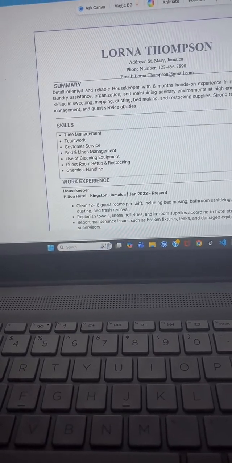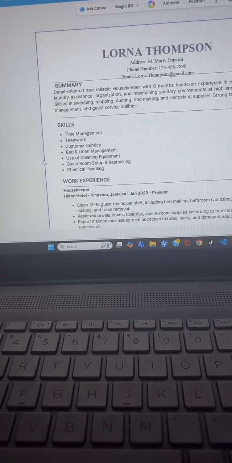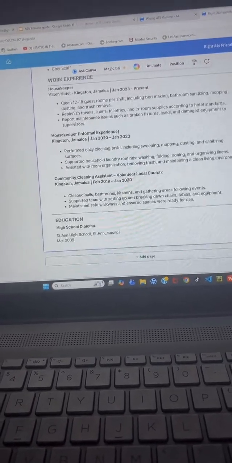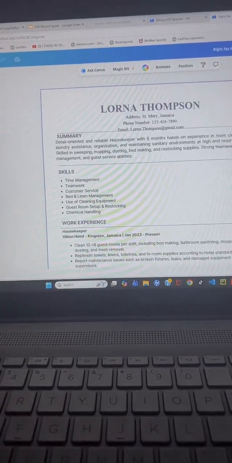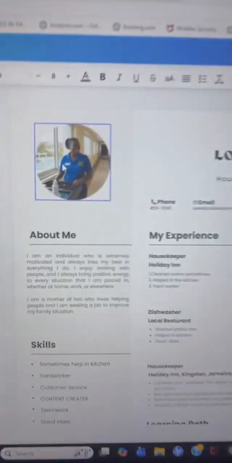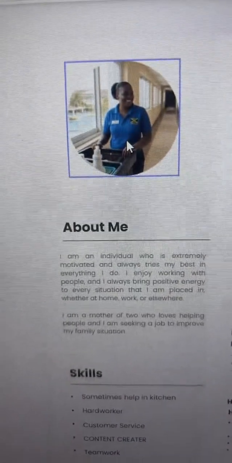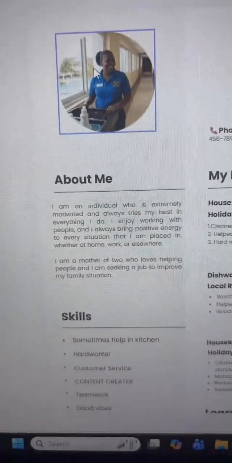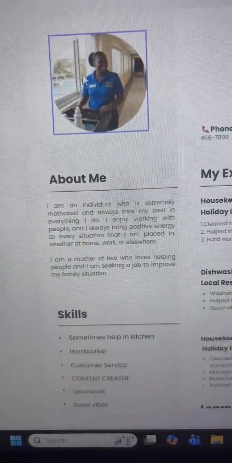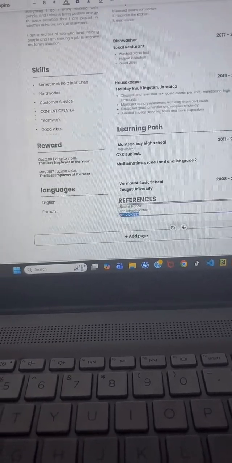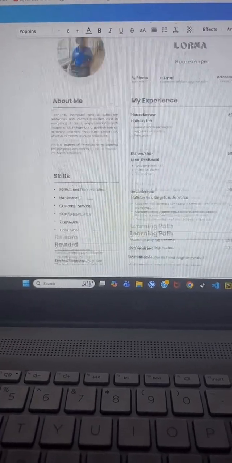So the first thing you need to do is ensure that your resume is up to date, like I said, and needs to look professional, like a one-page clean resume like this. This is very good. Like I said, guys, if you're using a picture, don't use something like this. This is very unprofessional for your resume. Ensure that you're using a passport size picture, that you're smiling, looking cute and professional. No selfie for your resume, and no fancy font, like I said. Ensure that everything is in one page.